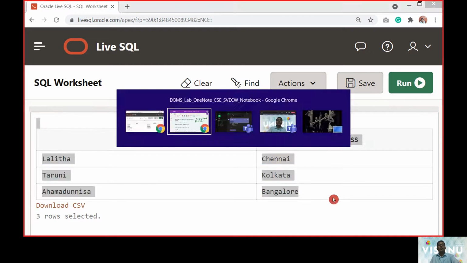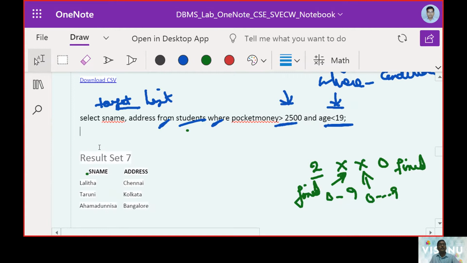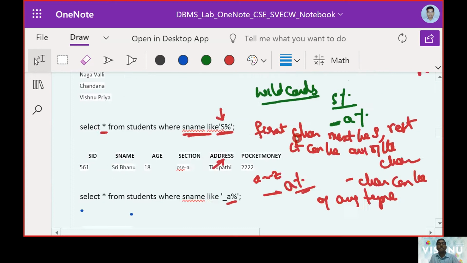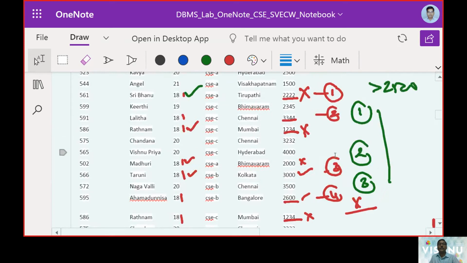So what will be the values we are going to expect? Let us move to the database again. This was the database we are working with.